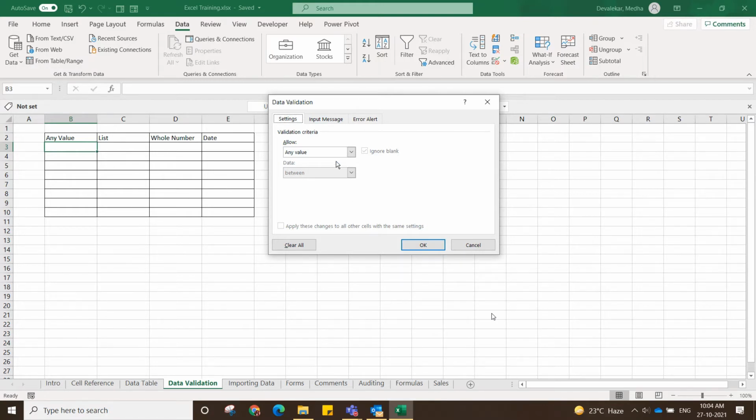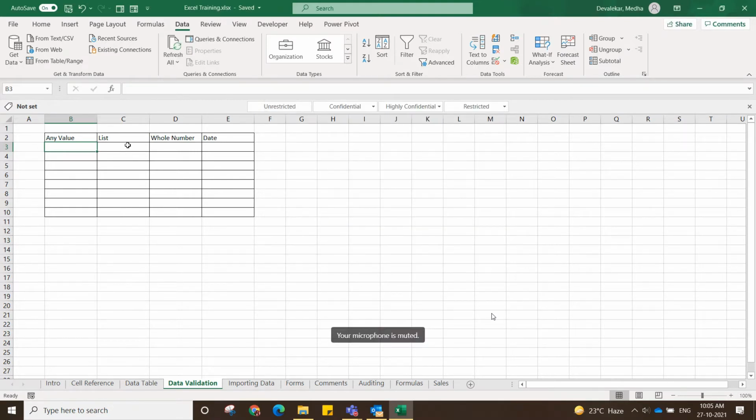Here I'll do some settings. "Any value" means it accepts any value; there is no rule defined. And here you can see some validation rules also. Now, here this should take or choose values from a list.